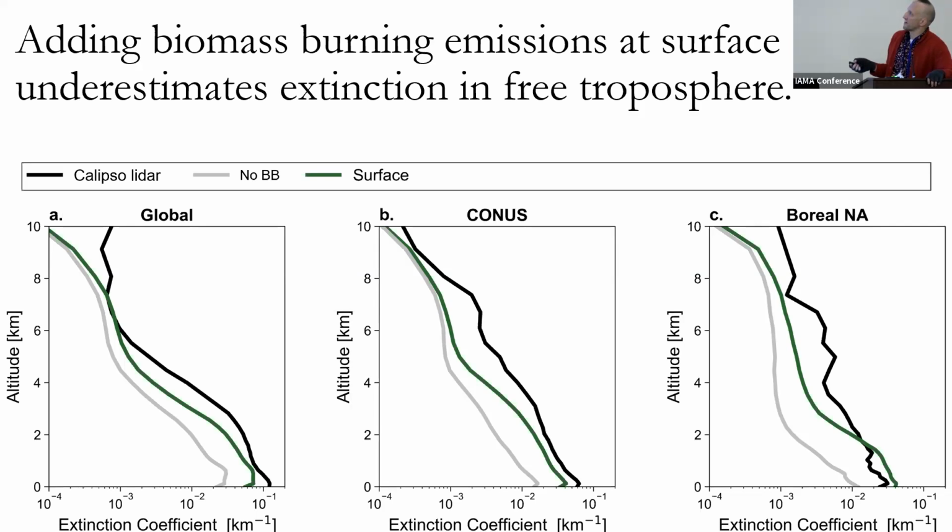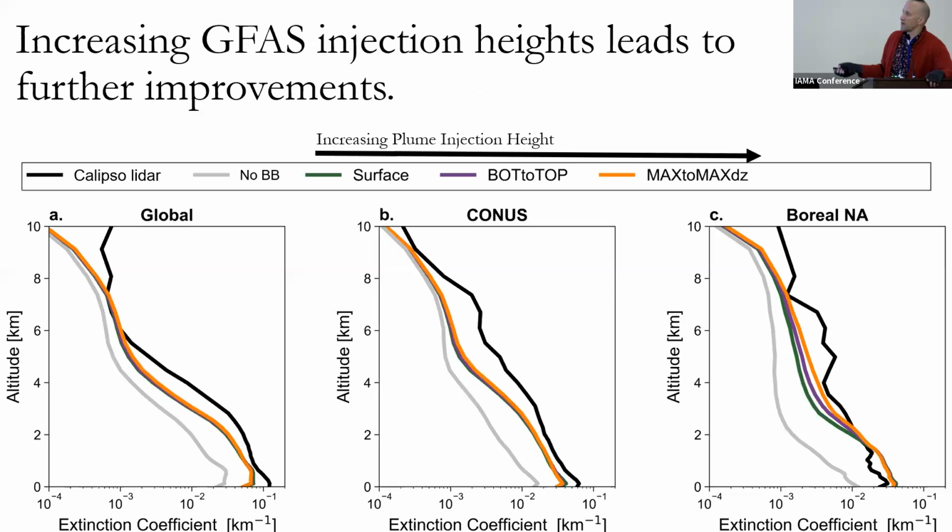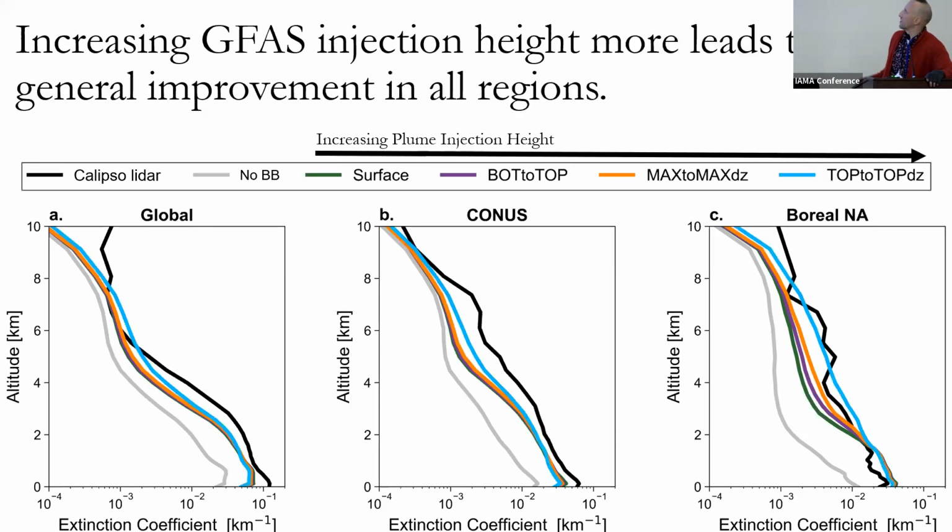And now our 3 different cases where we include plume injection heights. This is what is included within GFAS, in which case, most of the time, GFAS plume injection heights are still within the boundary layer. So for global and for CONUS, that doesn't actually make much difference. The purple is right on top of the green line. But for Canada and Alaska, we're actually starting to get some improvement in the mid-troposphere. Then when we arbitrarily shifted it up once, we maybe started to get a little improvement here and even more improvement in Canada. And then when we shifted up a second time, you can see we're starting to fill in this